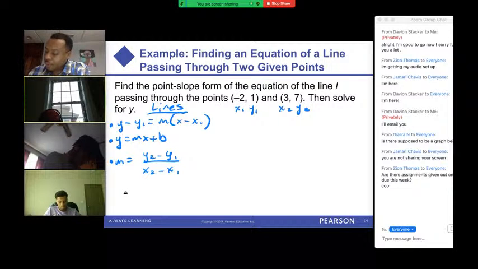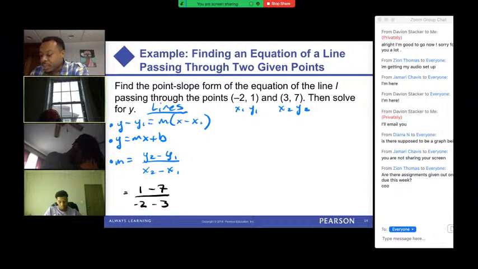If I do y1 first, I would say 1 minus 7 divided by, but now the 2 definitely needs to come first. So negative 2 minus 3. Right? So I did y1 minus y2 over x1 minus x2, as long as I'm consistent. Okay. On top, we're going to get negative 6 over a negative 5, so it becomes a positive 6 over 5. Okay, so that's the slope. That's our slope. So then once we have the slope,